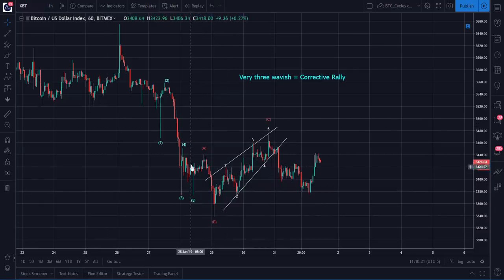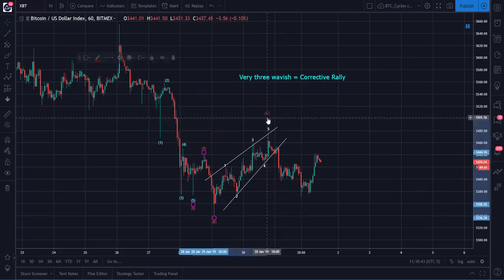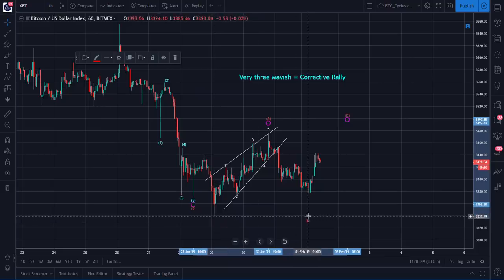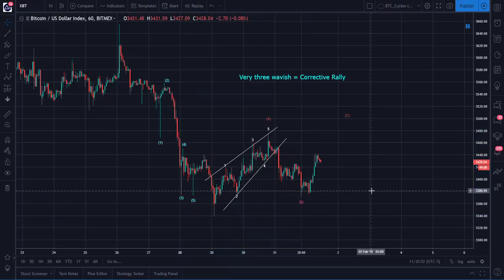And this A wasn't 1, 2, 3. But the only thing that kind of bothered me was that this B was not a very pronounced 3. So that was the weakness of that, and still is. So with this bounce, I'm thinking we have A over there and B over here. And this 1, 2, 3, 4, 5 is not a diagonal because 4 does not overlap with 1 necessarily.